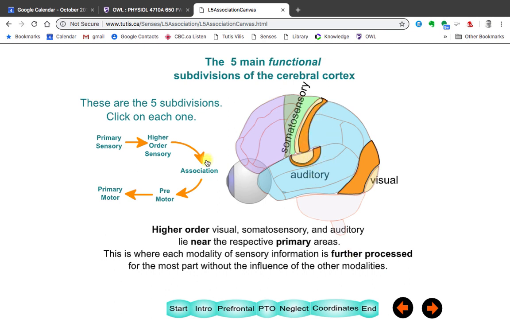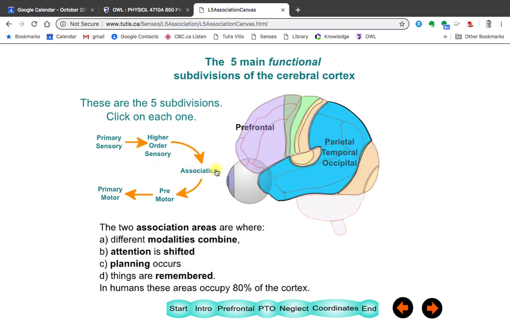So it goes from primary to higher order, and after that, it pretty well enters all over these other areas, prefrontal and PTO,